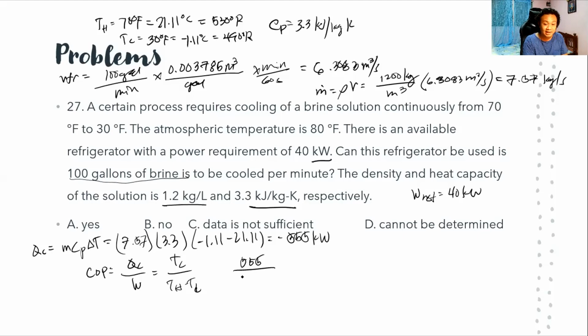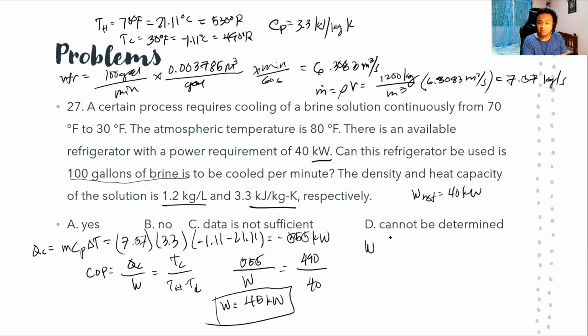Okay, so how we can do that, QC is equal to 555, diba? 552 na. And then our TC is equal to 490, diba? And then if you get the difference of 70 minus 30, we have 40, diba? And then we have W is equal to 45 kilowatts. So see, if you compare it, our refrigerator needs 45 kilowatts of